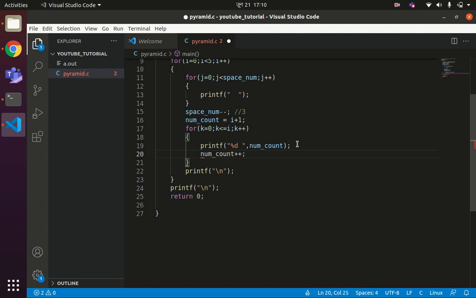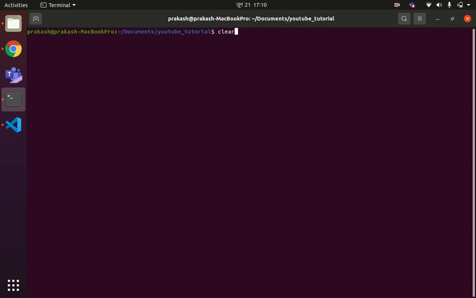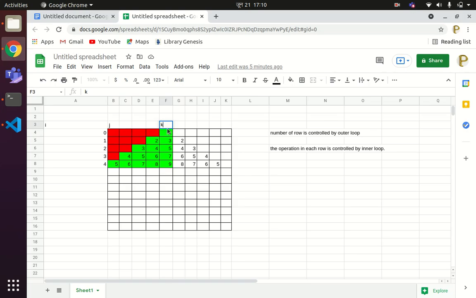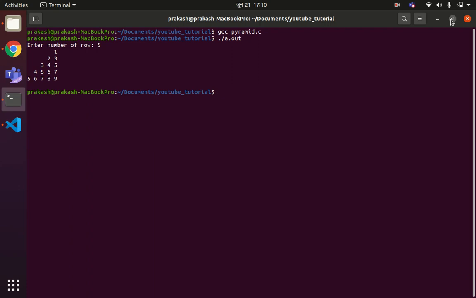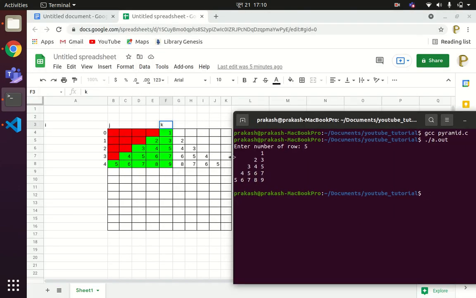Now let us, after incrementing the value, execute the code one more time. Now we are able to get this half result. We are able to print the spaces and these shaded numbers. You can compare the result. We are able to print the numbers 1 2 3 3 4 5 4 5 6 7 6 7